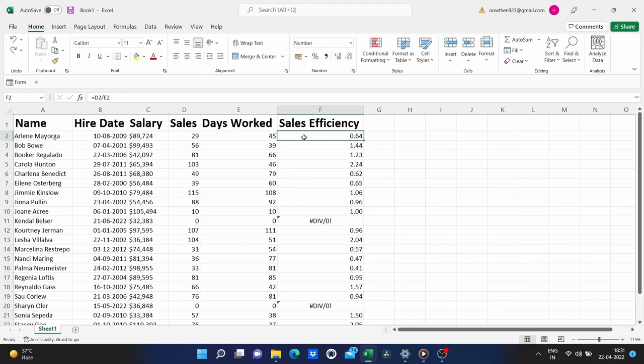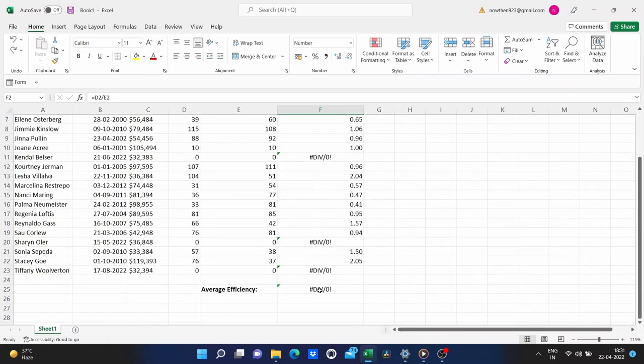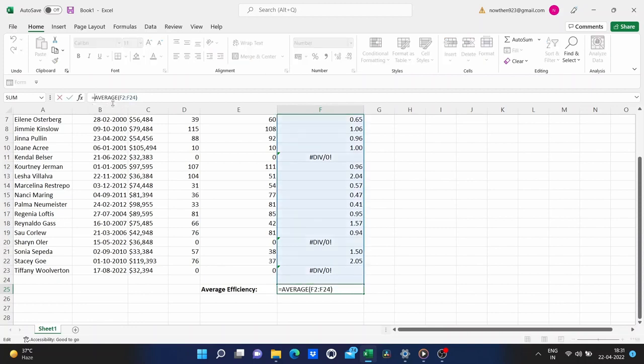So here, where it says average efficiency, I am going to click on the cell that has the formula that calculates the average efficiency. And I am going to go up to the formula, and leave the formula as it is, except that I am going to wrap it in an IFERROR function. So, after the equal sign, I'll type IFERROR, left parenthesis, and I'll leave everything else the way it is.